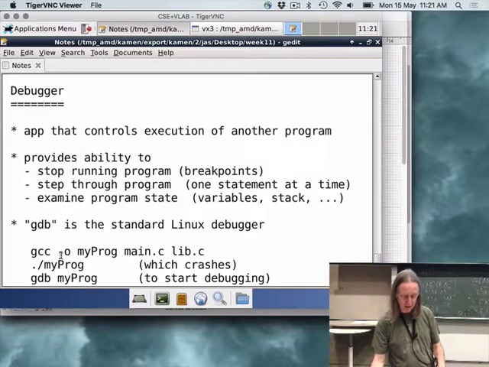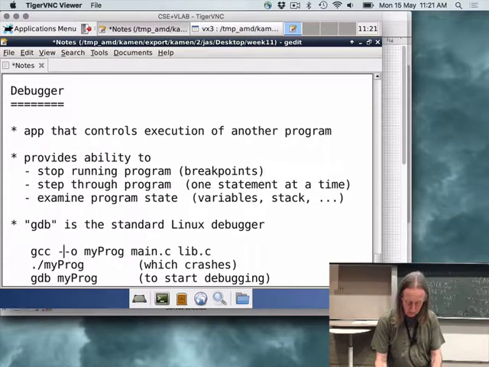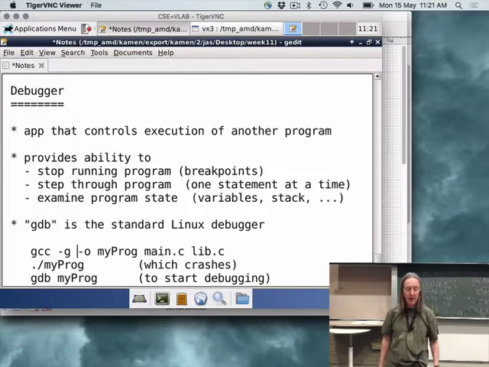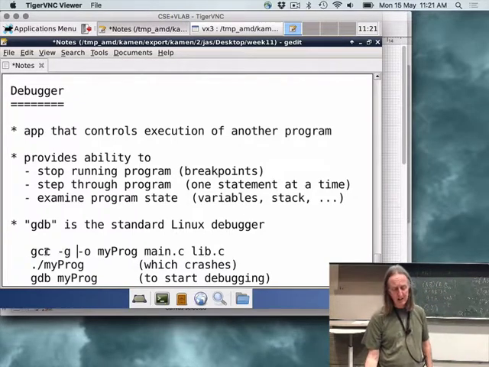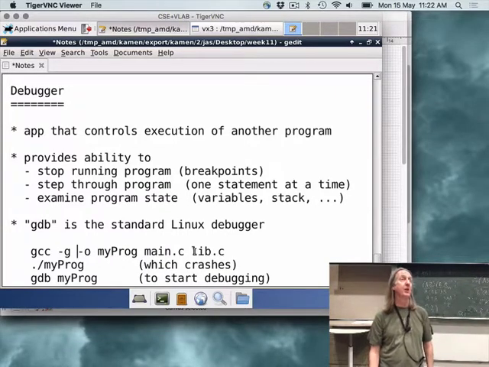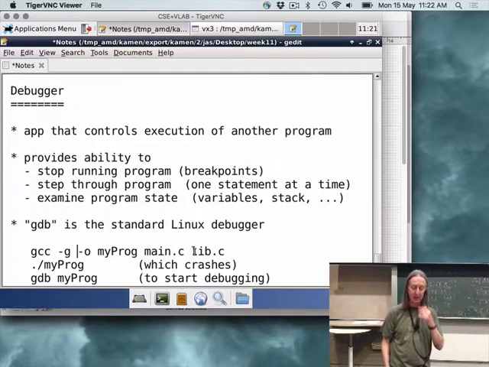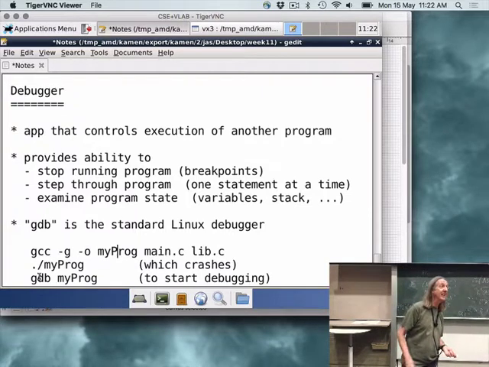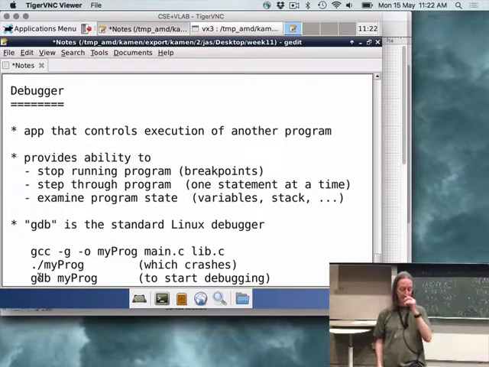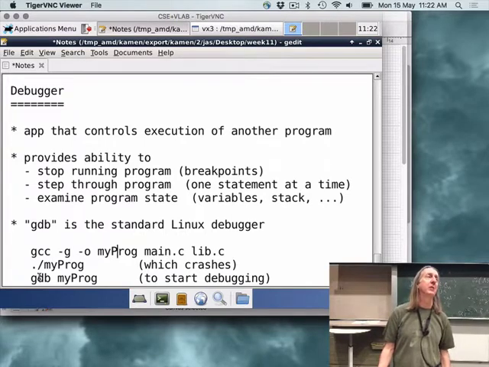And I left out something that's important. When you're compiling and you want to use the debugger, you need to compile with the -g flag. So here I've got an example. I've got a program that's produced from 2 source code files, you know, maybe one's a stack library or something, and the main program, and we produce an executable file called myprog. We then run it and it crashes. We can then use GDB to run the same program again, and try and work out what went wrong.